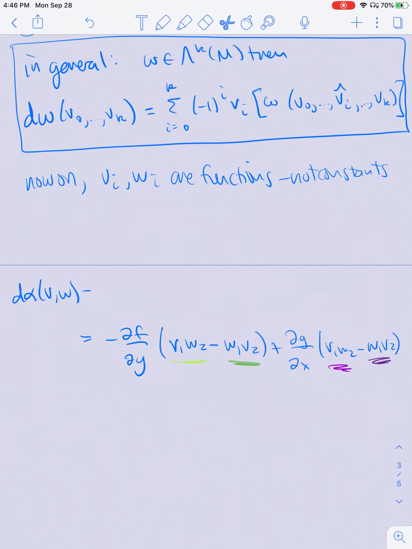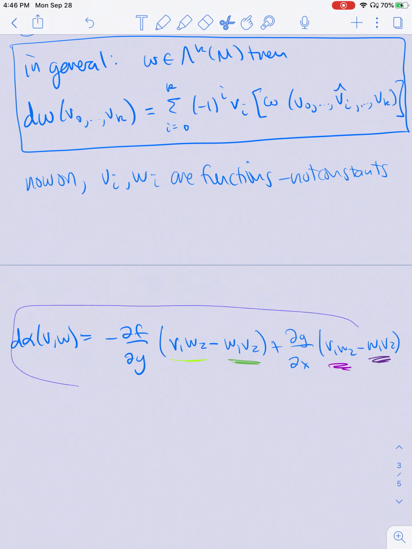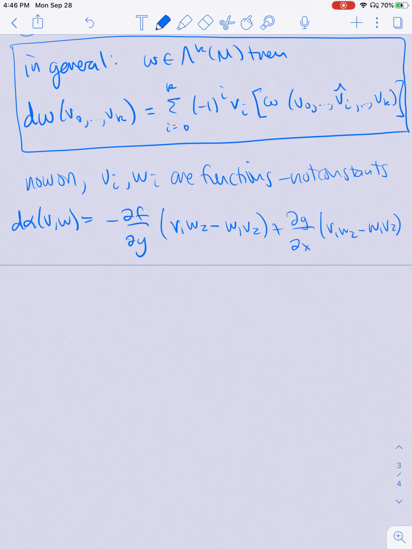Okay, and so this is what we should be getting. And if I do the same procedure when I assume that v and w are not constant, what do I get? So let's try to compute. So this formula, remember, I computed in two ways. One of the ways was computing d alpha using my coordinate definition of d alpha. So let's try to compute